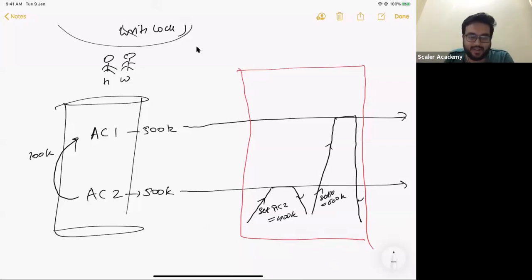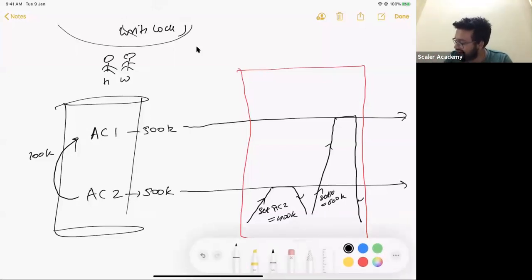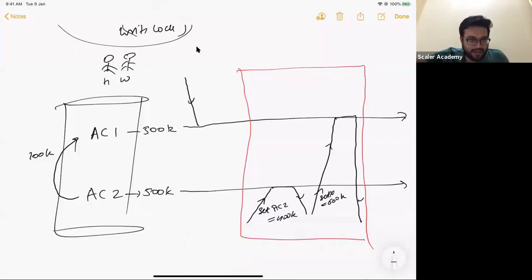Now the husband is sitting at home. He is also feeling bored, but he cannot transfer the money without asking his wife. So he just wants to access the amount in the account. That's all that he can do. So what will he do? He also runs a transaction, and his transaction is basically to get the value of the money that is there in the accounts. So he runs a get value on both the accounts, and internally his bank will run a transaction that will comprise two get statements.